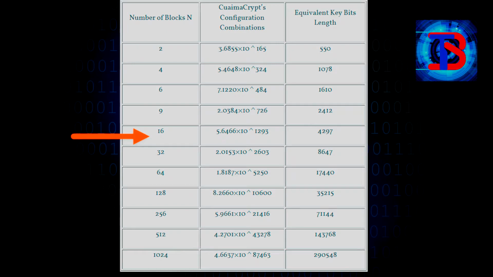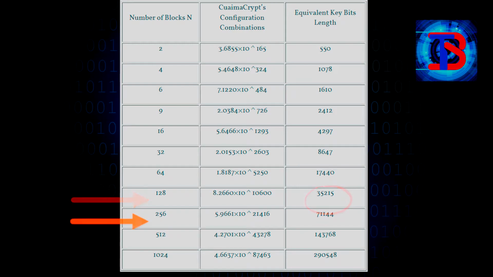2412 bits. For n equals 16, the equation gives a value of 5.6466 multiplied by 10 to the power of 1293, which is equivalent to 4297 bits. For n equals 32, the equation results in 2.0153 multiplied by 10 to the power of 2603, which is equivalent to 8647 bits. For n equals 64, the equation results in 1.8187 multiplied by 10 to the power of 5250, which is equivalent to 17440 bits. For n equals 128, the equation results in 8.2660 multiplied by 10 to the power of 10,600, which is equivalent to